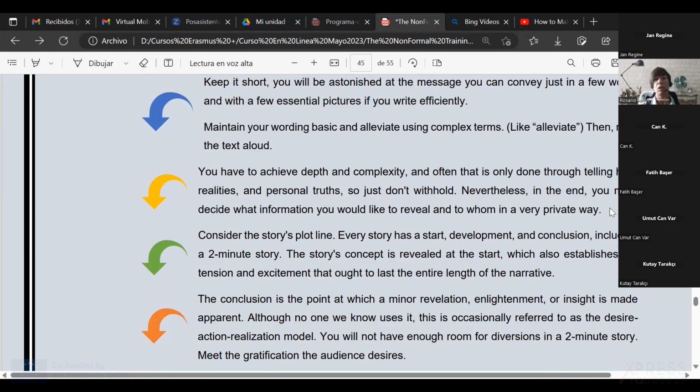So here I might include some of my personal truths, my personal experiences, the things that happened to me that were tough, and I can go through the drama or leave it behind. So I will decide which parts I want to include, but you have to remember that you need depth and complexity and grab the attention of the people. So it will depend on you on how private you want to go.